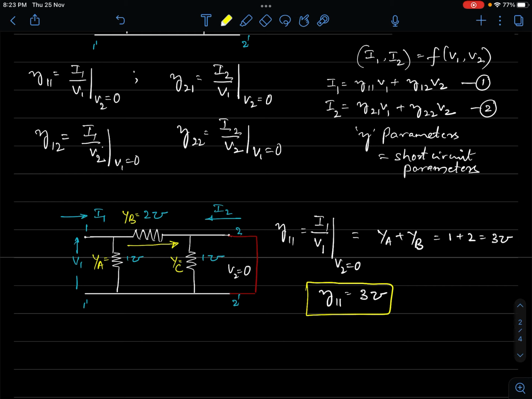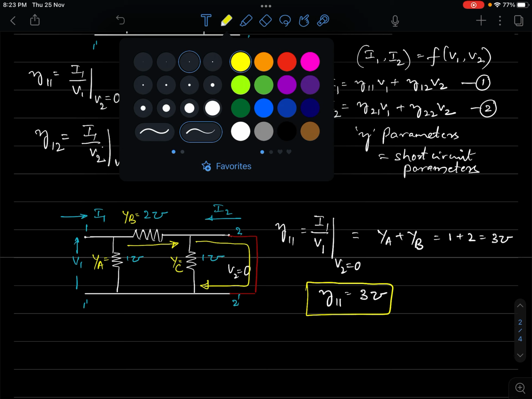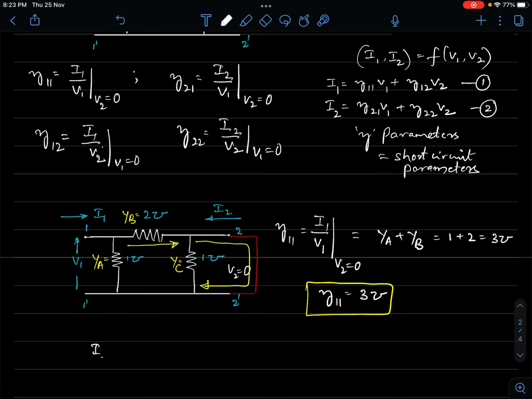This is the direction of flow of current, right? So I2 is into the port. Actually the current flow is away from the port. The current would circulate like this, right? This is how the current comes, right? So I2 is actually flowing away from the port. So if I have to determine I2, what is I2 equal to? If I determine I2, the current is flowing actually against the convention, hence it is minus,